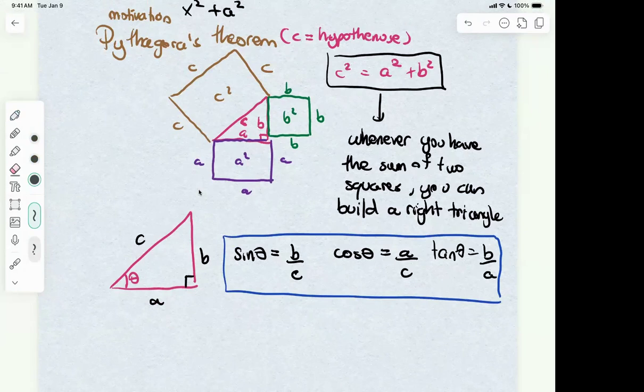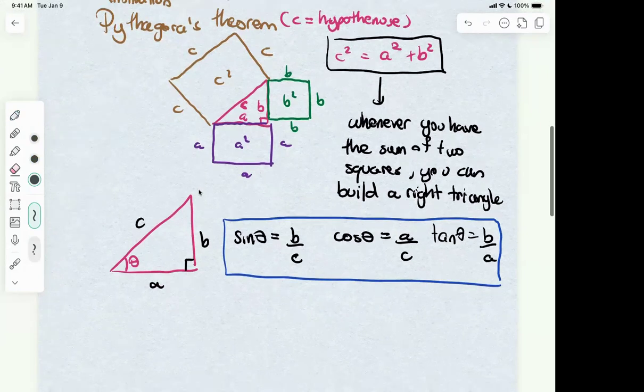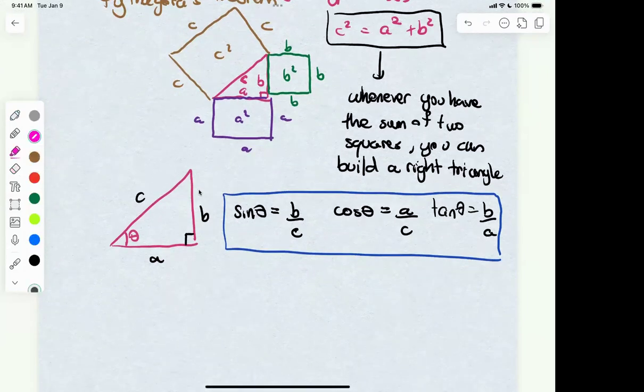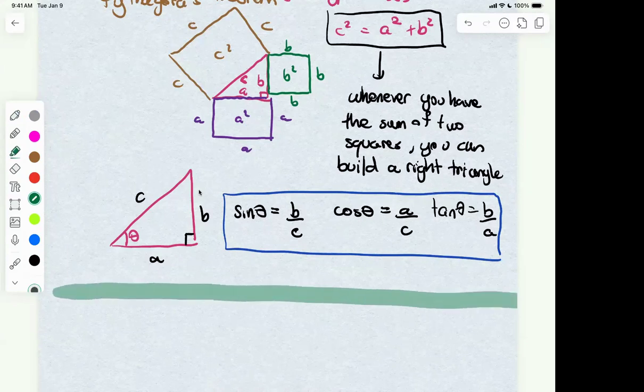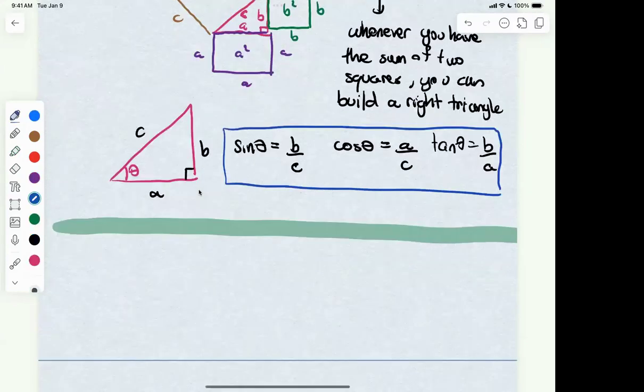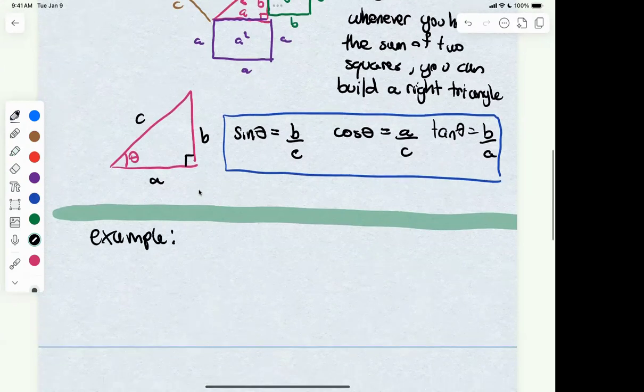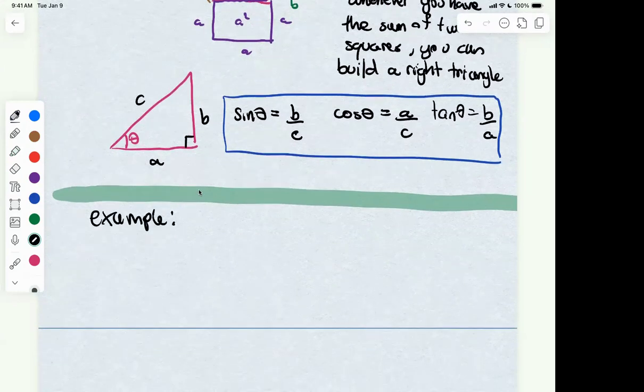Okay, so let me start with an example of the type of integral we want to solve and how that relates to this. Then I'll give you more of a recipe, but it's useful to start with an example to see what's going on. So let's say you wanted to integrate